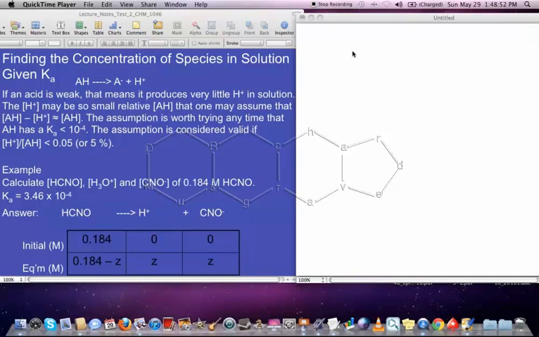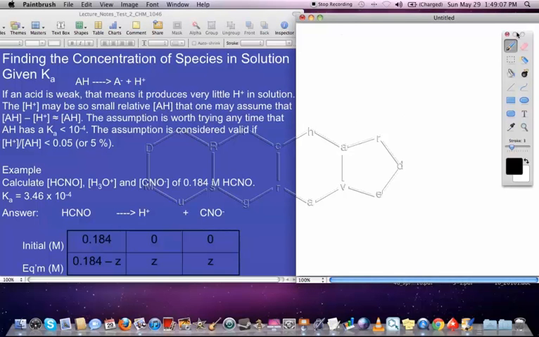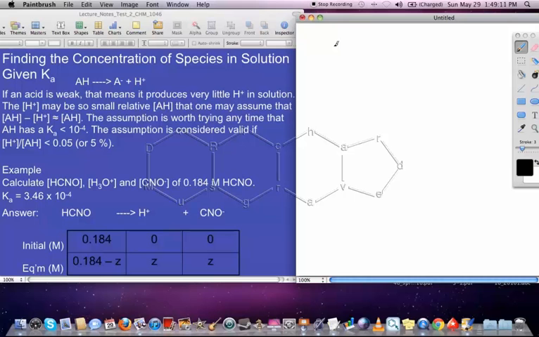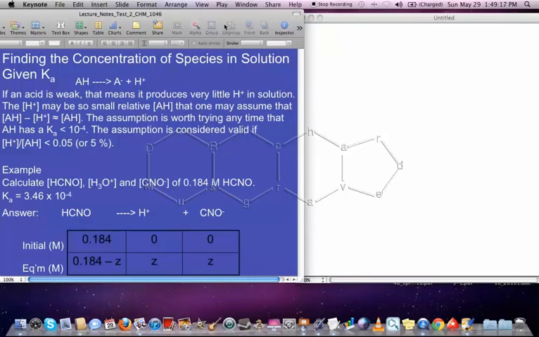Up to now, we've been dealing with just calculating Kas given equilibrium concentrations, but we can actually, given a Ka, calculate the equilibrium concentrations of species in solution. I think this is best illustrated by just doing an example. So let's say we've got this one here, calculate the concentration of HCNO,